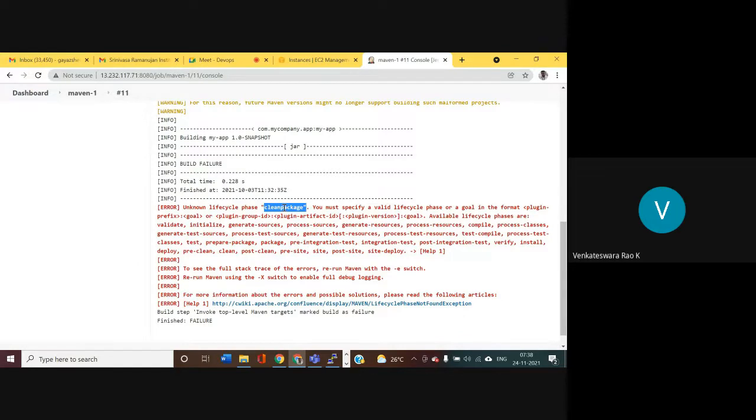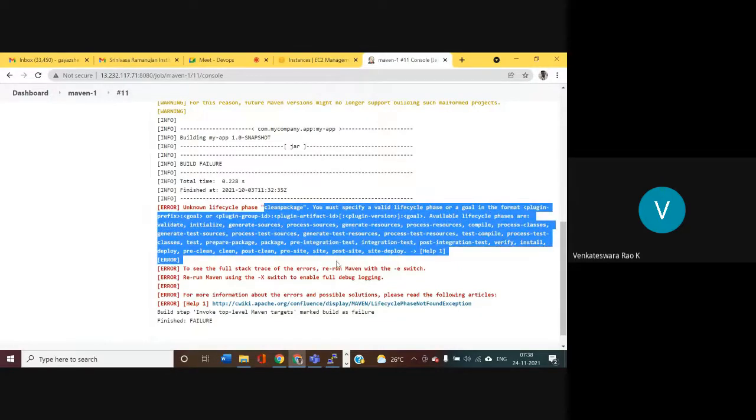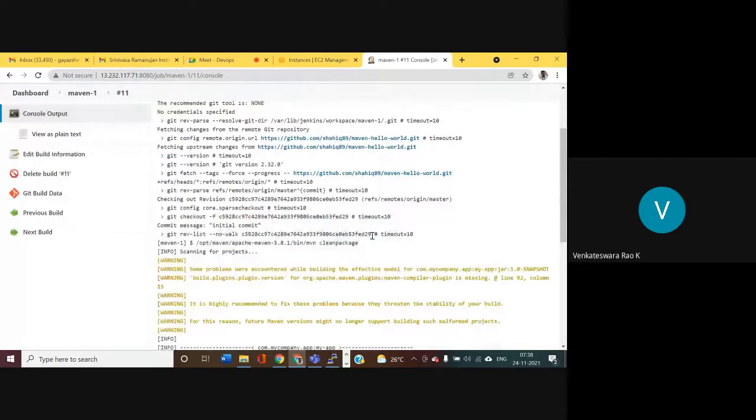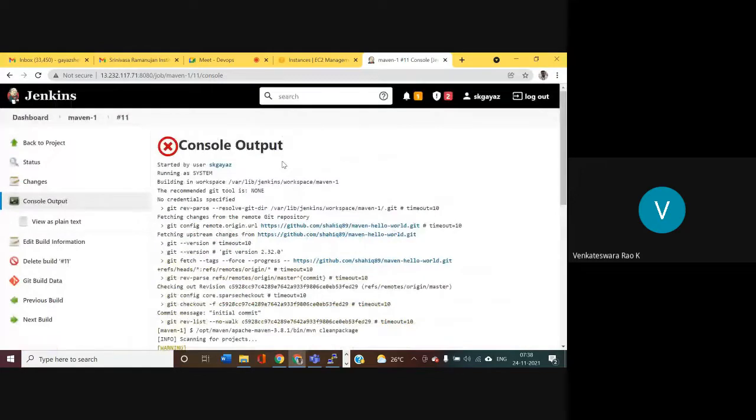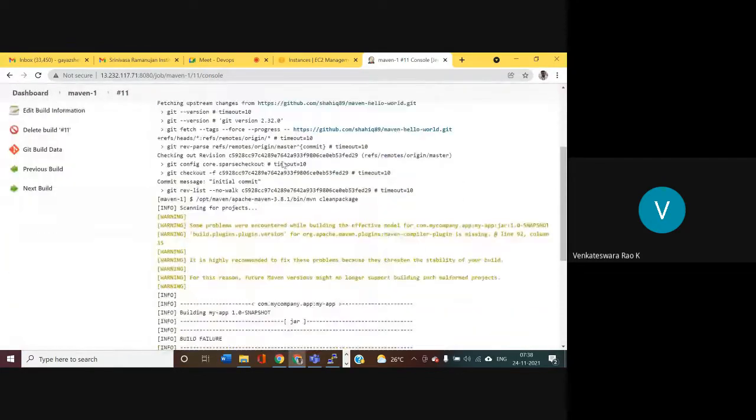There is no cleanpackage goal in Maven. We missed the space here, that's why it is showing cleanpackage failed. Like that, from the console output, in most cases you will get why your particular build failed.